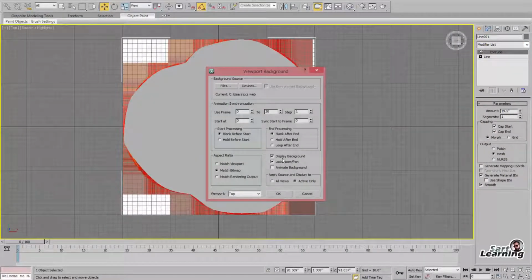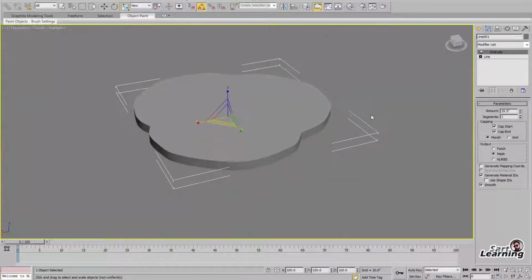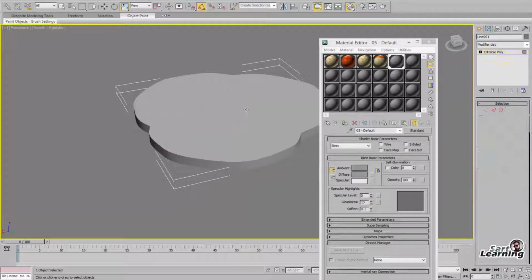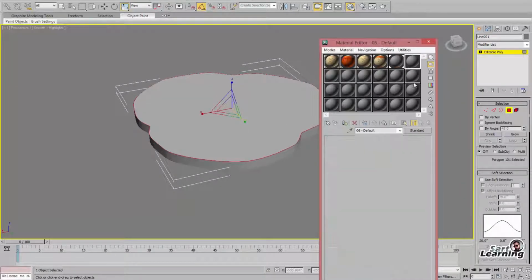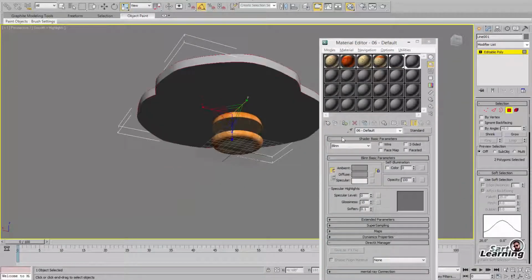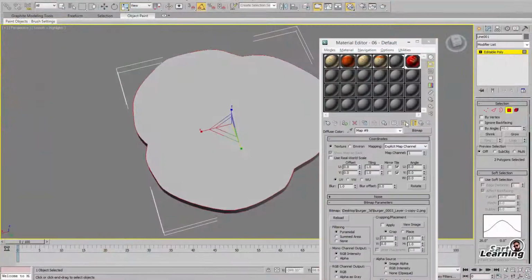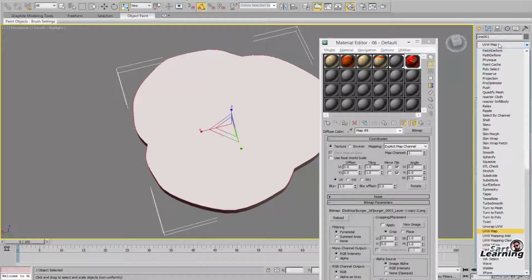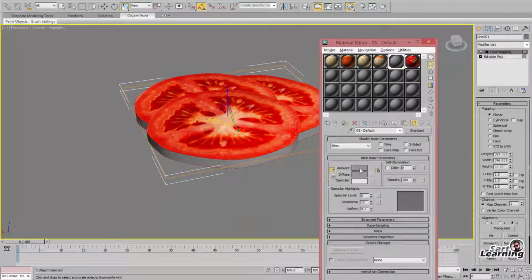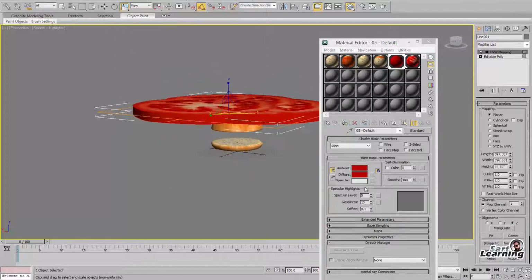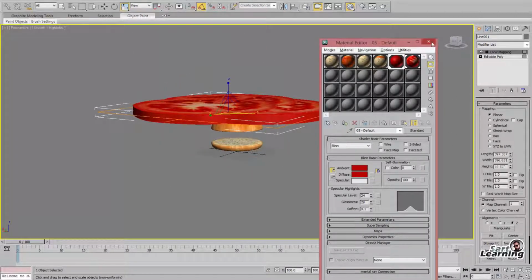Now my shape is almost ready, so remove display background and apply a tomato texture on the polygons. Select the upper and lower polygons, apply a texture of tomato slices and apply UVW map, and for the outer edges you can apply a single color.